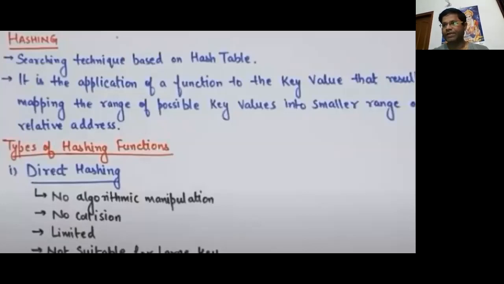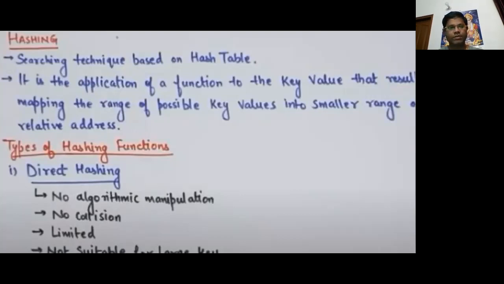And the second one is the hash function. A hash function is basically a fixed process that converts a key to a hash key. Later I will explain it with the help of an example. The basic use of a hash function is to convert a given key and map it into the indices into the memory. A hash function takes a key and maps it into a value of a certain length, which is called a hash value. The hash value represents the original string of characters, but it is normally smaller than the original one. It transfers the digital signature, and then both the hash value and signature are sent to the receiver.